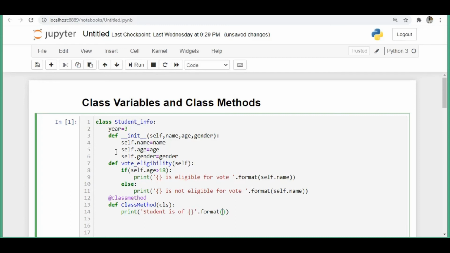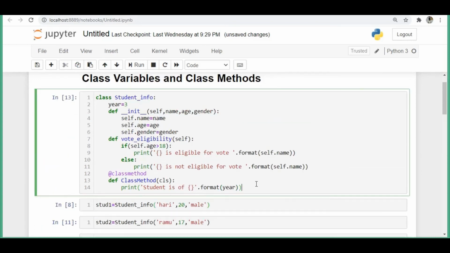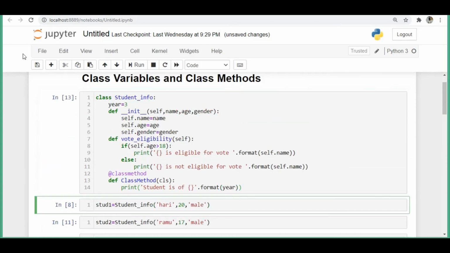If it is third year, I want to print third. If it is fourth year, I want to print fourth year. So for that I'm creating this, and here I want to use this year, right? How can you pass that year? So for example, let's say I'm just mentioning year, and if I press enter, you can see now